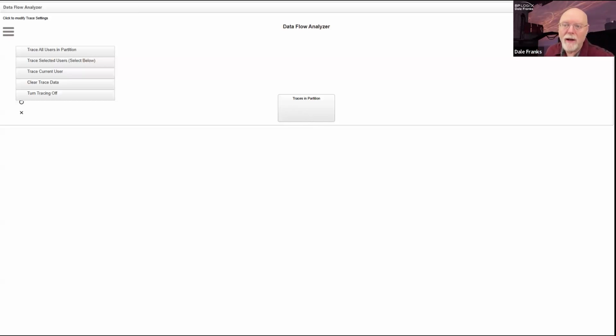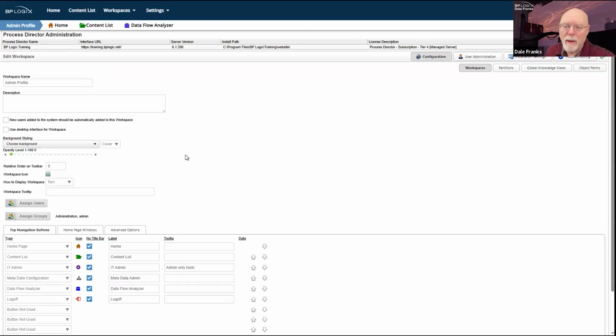I just find it really useful to have running all the time, or at least to be able to access all the time. Of course, most of what I do on a day-to-day basis, and probably most of what you do, should be via business values, since business values now pull back the first 100 rows as a test. The data flow analyzer, or DFA, is not quite as useful, but if you're still running a bunch of old legacy custom tasks and things like that, being able to go to the data flow analyzer is very useful.